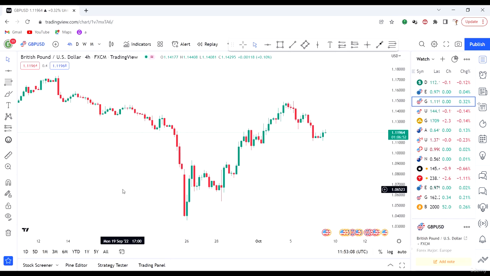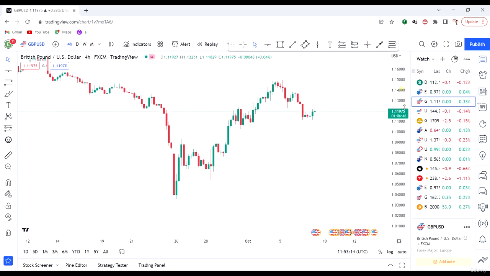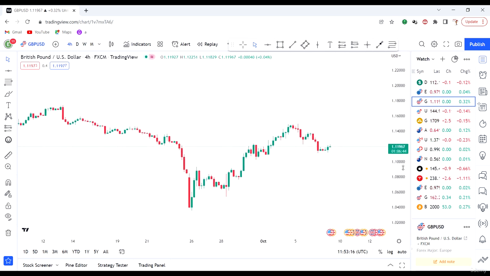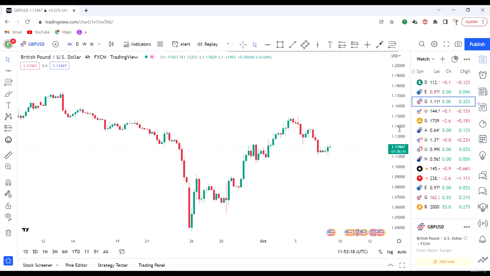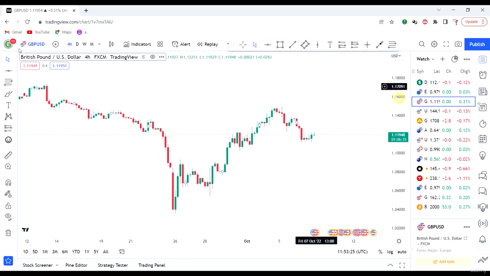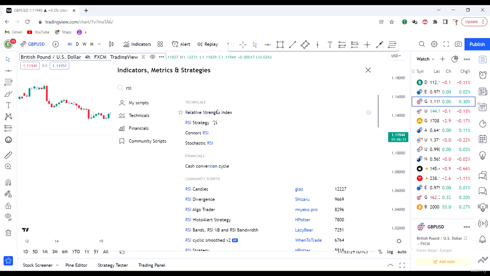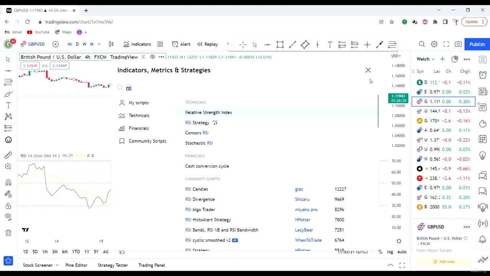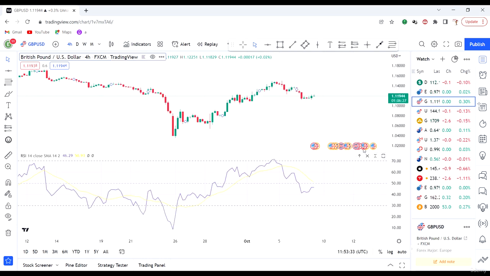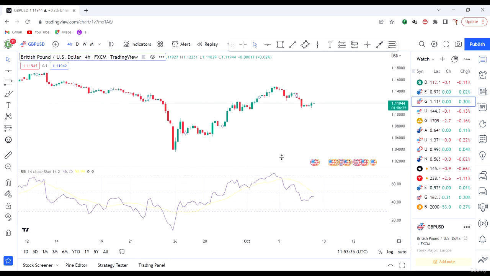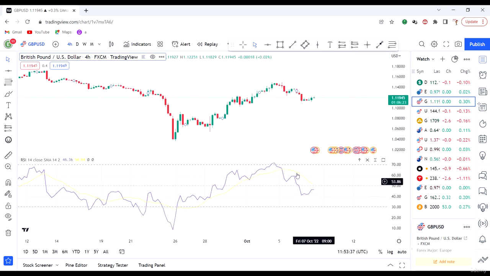In this lecture, we're going to be looking at the RSI, the Relative Strength Index. Now, this is another very popular indicator. The RSI is a momentum indicator, and let me just load the RSI here. It's RSI. So when you load the RSI on TradingView, you see, now this is the RSI, and it tends